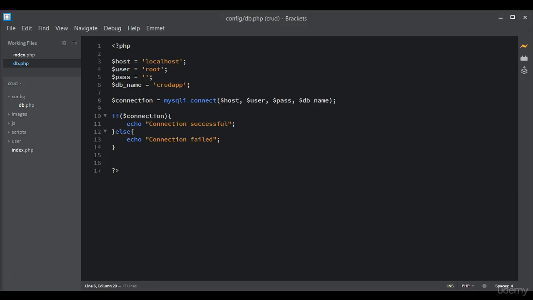But we should notice that if we leave it this way, whatever page we call this config file or this db.php file, we will always be having this echo statement, this connection was successful. So we want a case whereby we only see a message where the connection was not successful or where there's an error in the connection. Now to do that, we just have to remove this else statement,